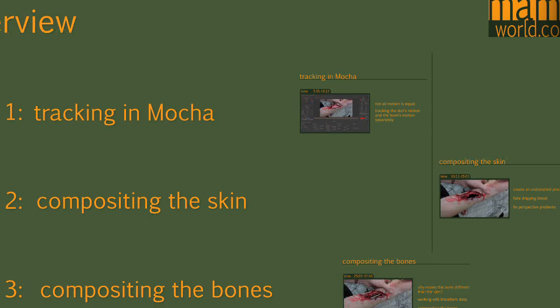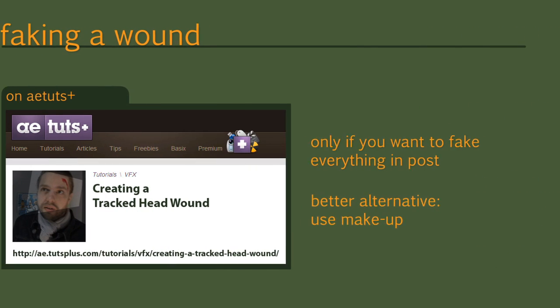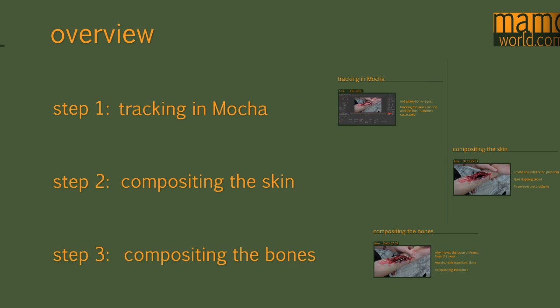In the second step, we are going to create the wound in After Effects. Actually, the wound itself is not created in After Effects, since it is just makeup. So if you don't know how to do such kind of makeup, or if you want to fake everything in your computer, then you can find another tutorial of mine that shows how to composite such a wound onto the arm. But in this case, we just use the readily done wound, and I just focus on how to cut this hole inside the wound,